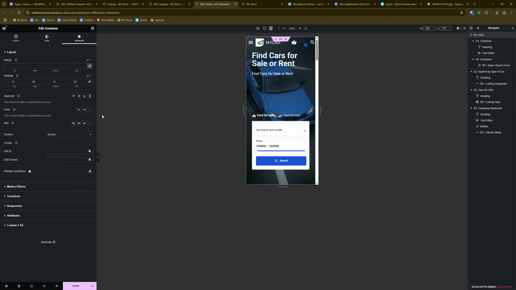Okay, let's go back up to our hero. I don't expect you guys to follow along perfectly. My thing is I want you guys to see how I go about doing this the right way. Okay, so now that container on mobile is fine and that one's fine. Okay, so now you've got this